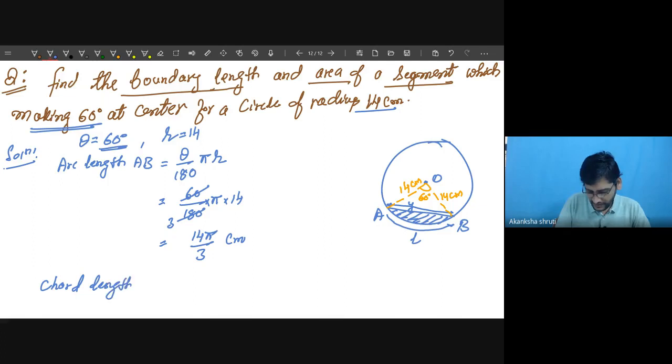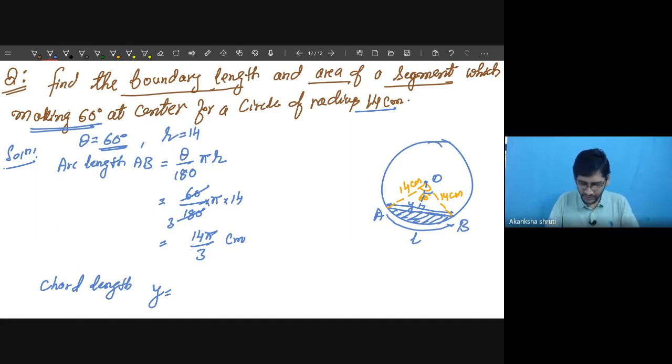A student, how to calculate the chord length y in terms of angle theta that I had told you? This chord length is calculated by applying trigonometry where the angle theta by 2 is considered. And in terms of that, this will be the perpendicular. Rather than mugging up the formula, you may just do the rough work: in terms of this 14, this becomes 14 sine of this theta by 2. That way you can quickly do it.